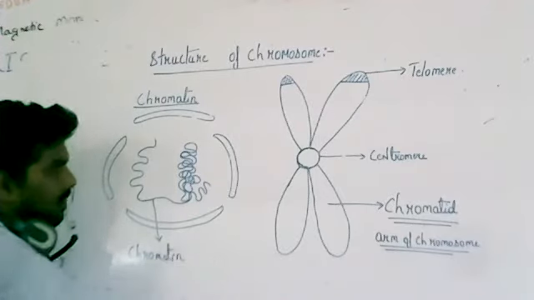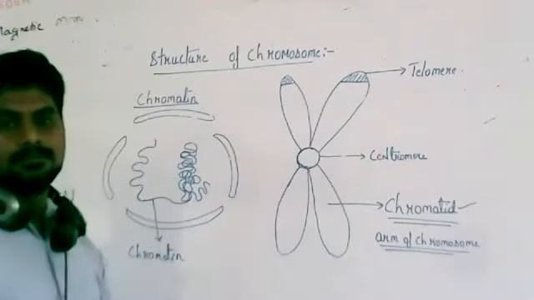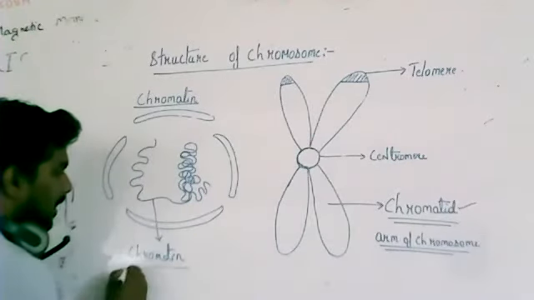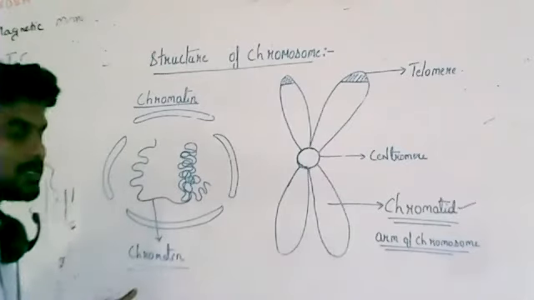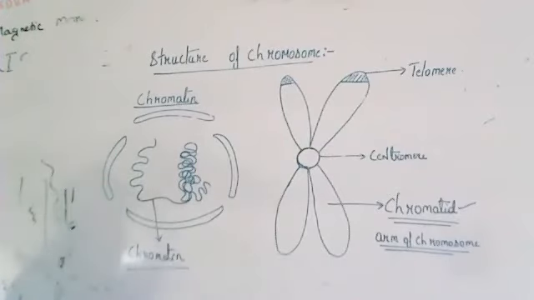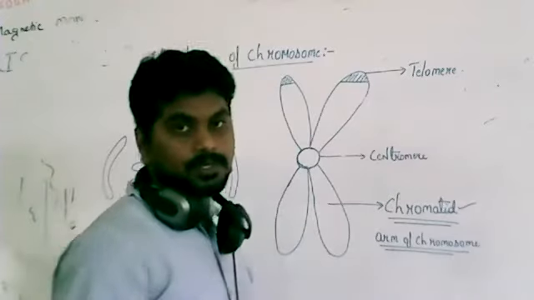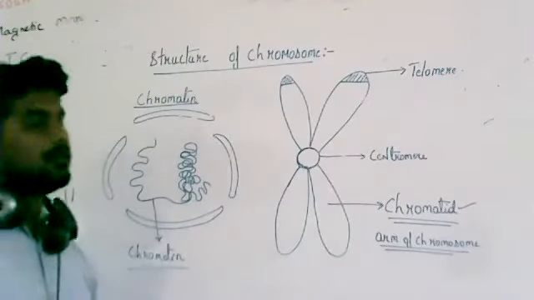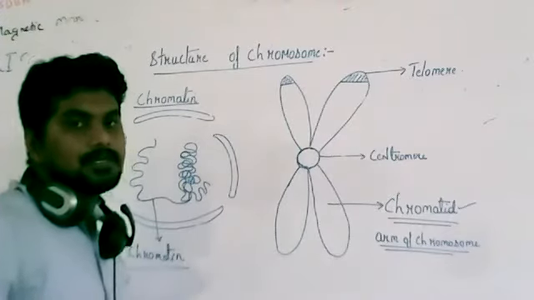Chromatin, T-I-N. And here it is chromatid, T-I-D. Okay. So don't get confused between chromatin and chromatid. Chromatid is an arm of a chromosome, whereas chromatin is the DNA which is present inside the nucleus. Okay. Then there is one more term, chromosome. Chromosomes are nothing but when this chromatin undergoes compaction during cell division.